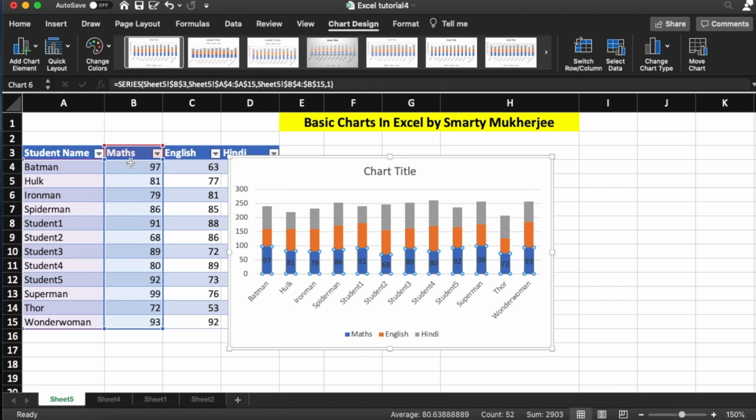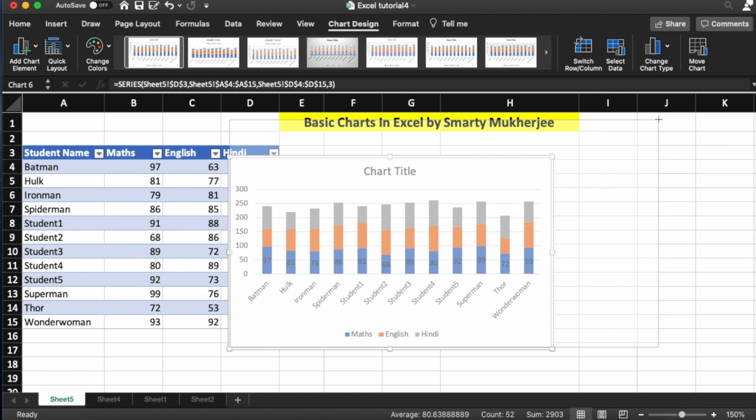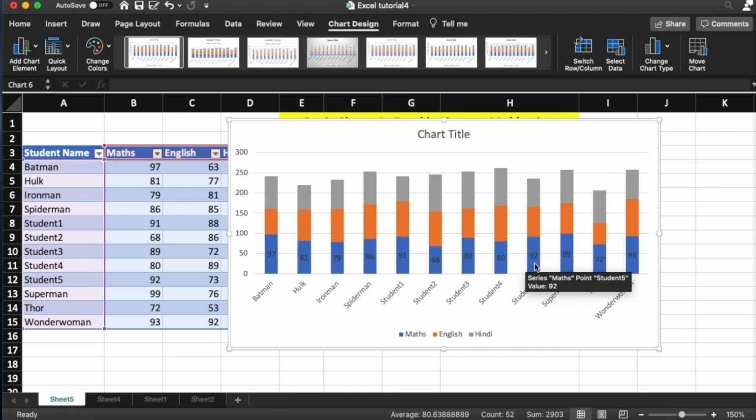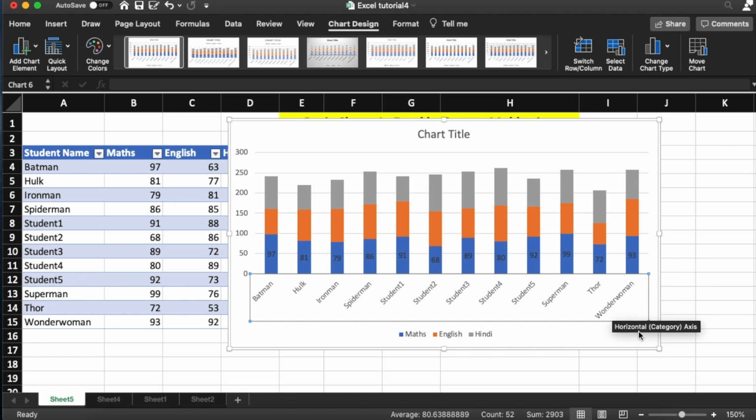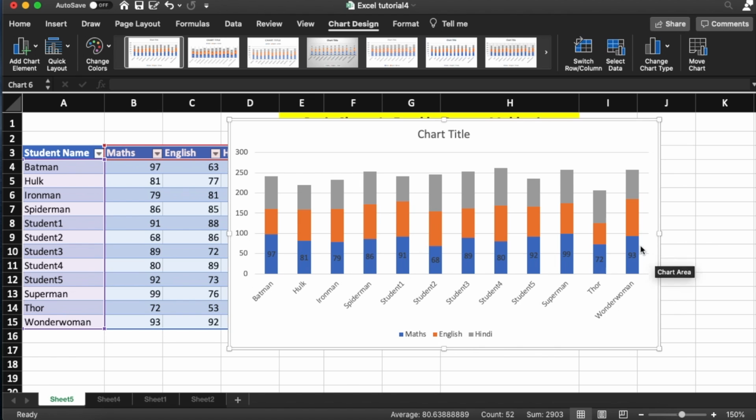So for your understanding, it will show that these are the math scores. Similarly, you can select data labels here, data labels here, so it will represent all the student scores very beautifully in this chart.